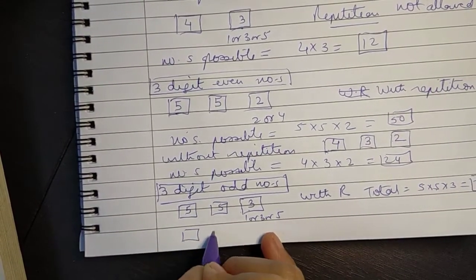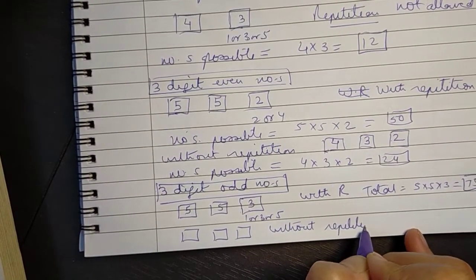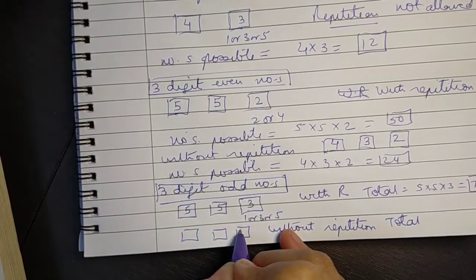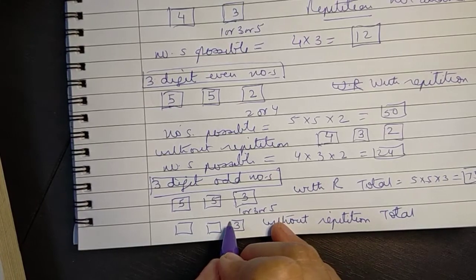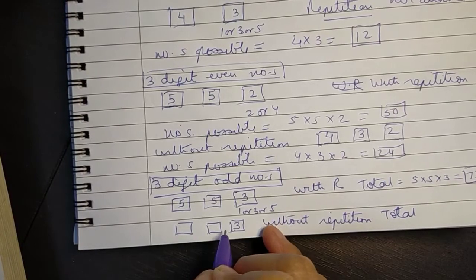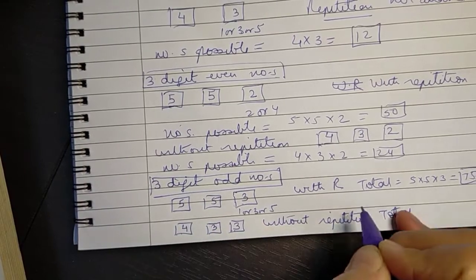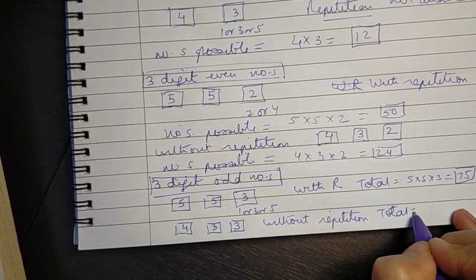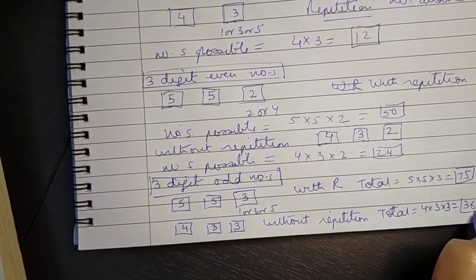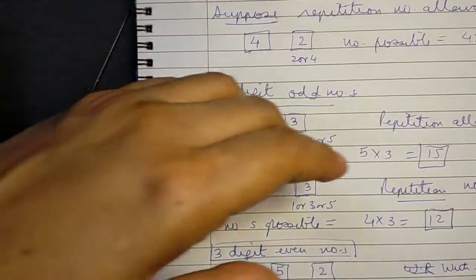Now here we have without repetition. So total numbers possible is, now here all 3 odd numbers are possible here. No matter what you have filled up here, 1 is used up, so only 4 are possible here. Now one more is used up, only 3 are possible here. So we have 4 into 3 into 3, that is 9 into 4, that is 36 possibilities here. So these are the various cases which we will be using.